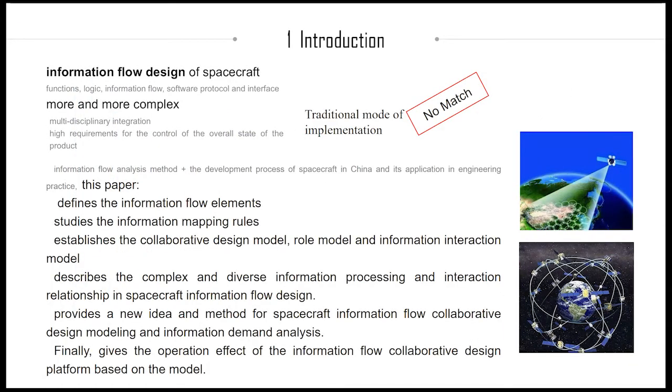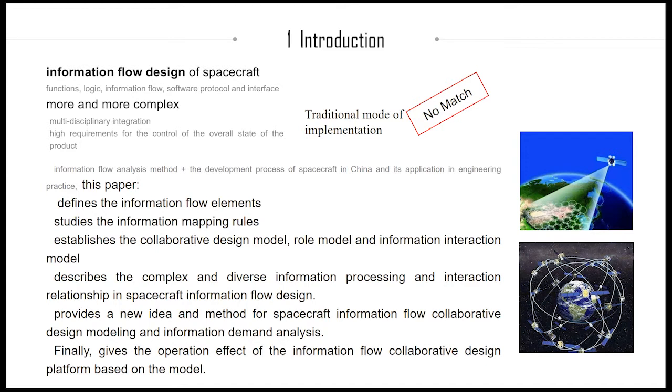Information flow design of spacecraft has become more and more complex. So in this situation, the traditional model of implementation is no match. We have studied the information flow analysis method and the development process of spacecraft in China and its application in engineering practice. So in this paper, we define the information flow elements, study the information mapping rules, establish the collaborative